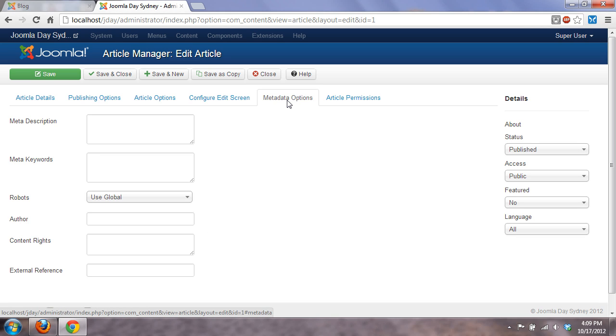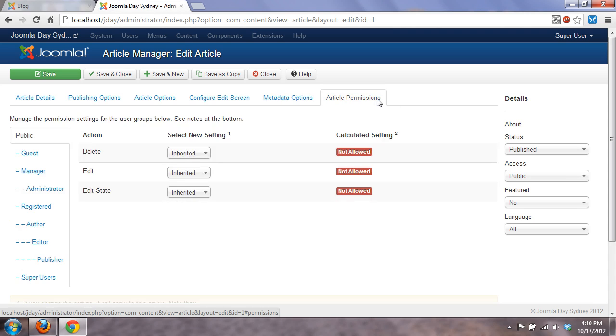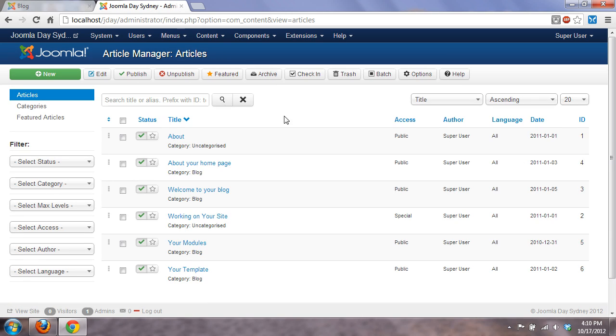Finally, we have things like metadata options and the permissions that we've all come to know and love. These are all available as their own tabs. Okay, I'm just going to go ahead and get out of this article, since it's already created, it's already published, and all the rest of that. This button here is the button to get to the article options. And if you click this,